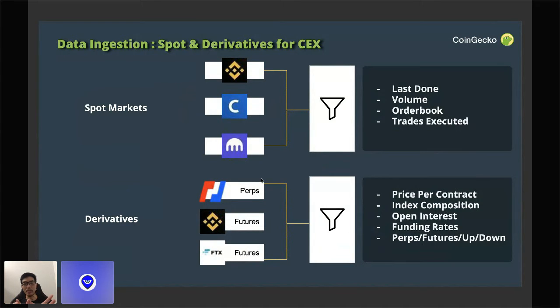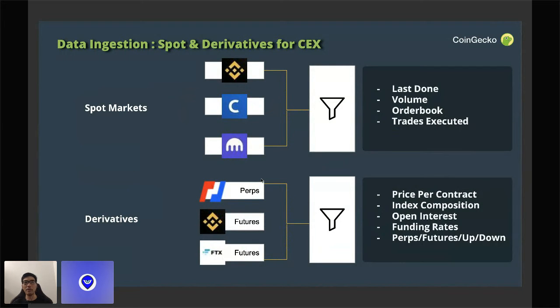And then later on, we decided that we also want to track derivative markets. So we started tracking BitMEX, Binance Futures, and FTX. And suddenly we found that we can't really reuse everything that we have written for the spot market, because there are new attributes that we need to take into consideration, like the contract price, the composition of the index (is it an index that has a multitude of tokens in there, or an index that tracks a given token), the open interest, and the funding rates.